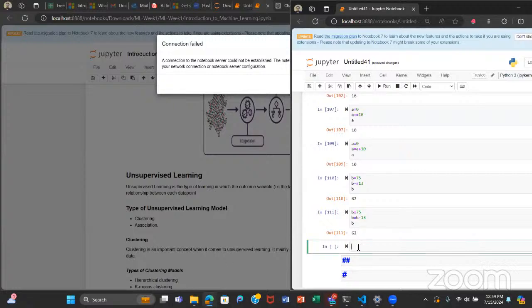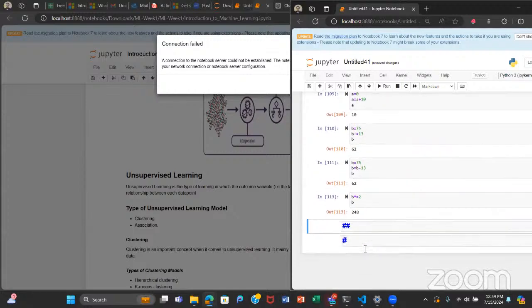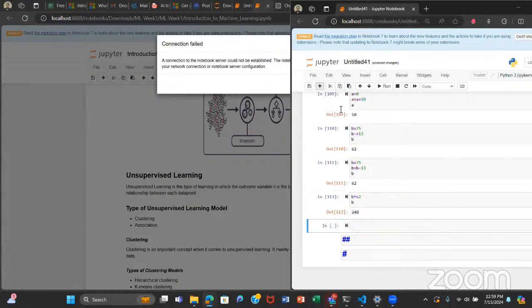Let me even try something. What's the other cool shorthand? Instead of having to write, let's say, something else. Let me be sure.